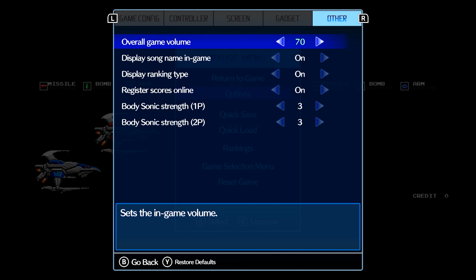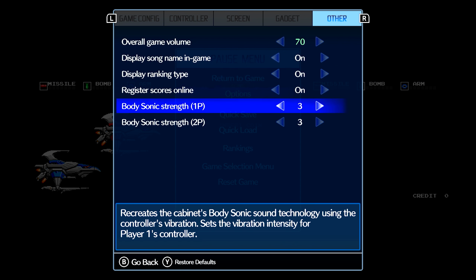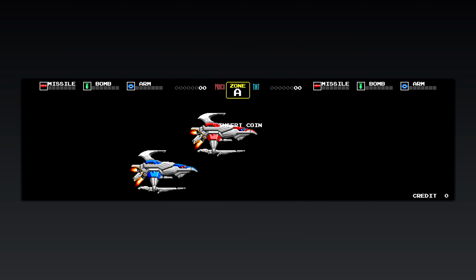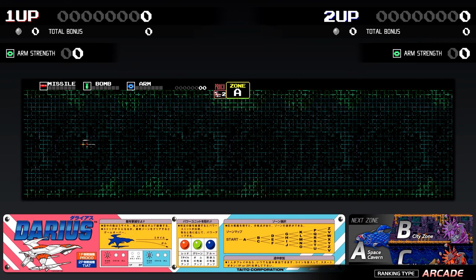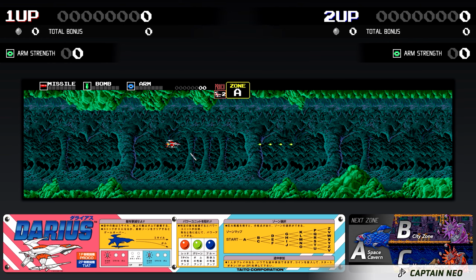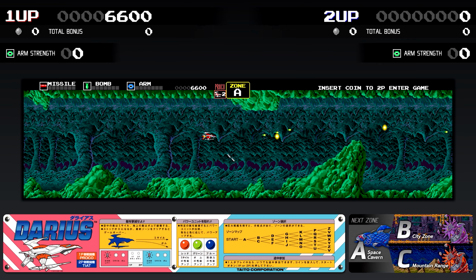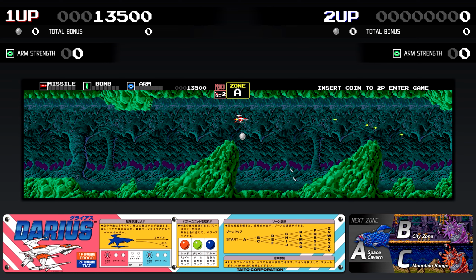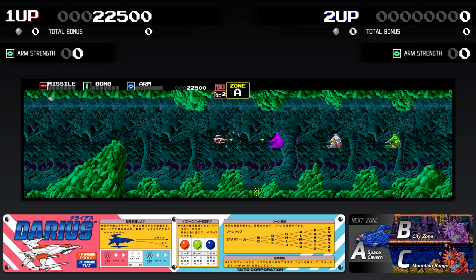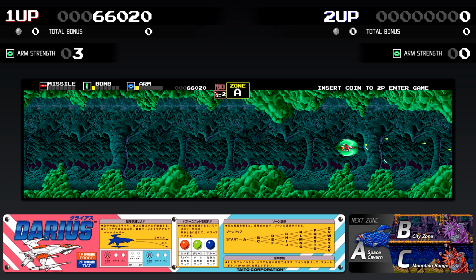We have some volume controls. Body sonic strength. Increase the cabinet's body sonic sound technology. Don't know what that is. It sounds like the original arcade cabinet had some sort of subwoofer. So you can fire 4 shots and then your gun has to take a breather, which makes this game infuriating. The 3-screen thing is a bit weird actually. I don't know what it actually adds to the gameplay for this game, other than it's a nice presentational flourish,